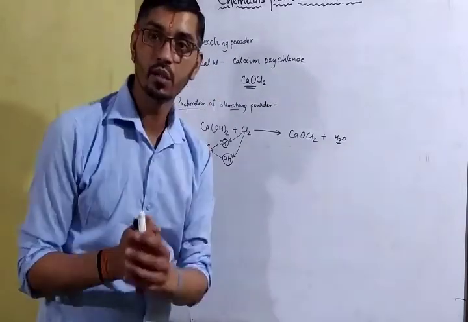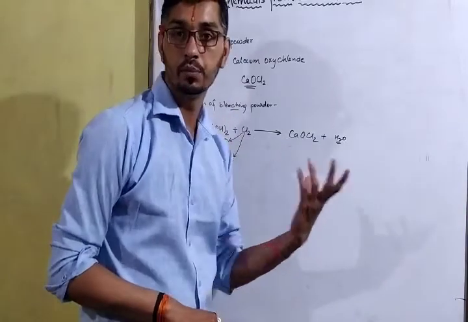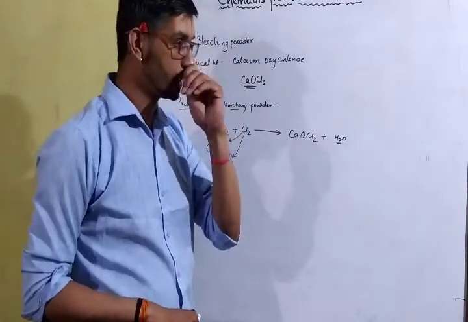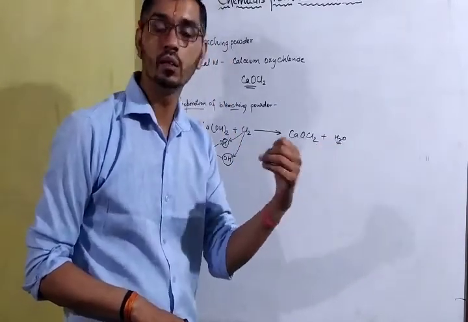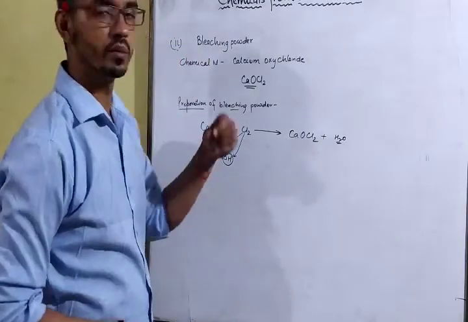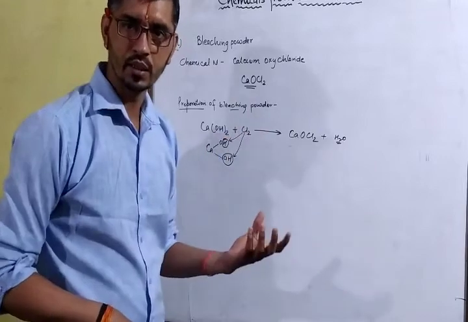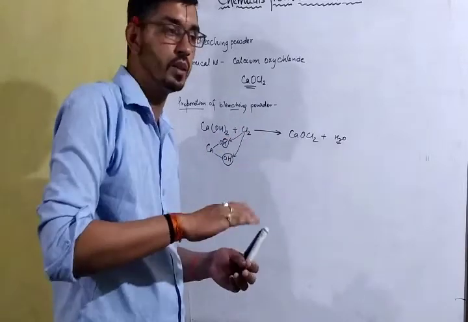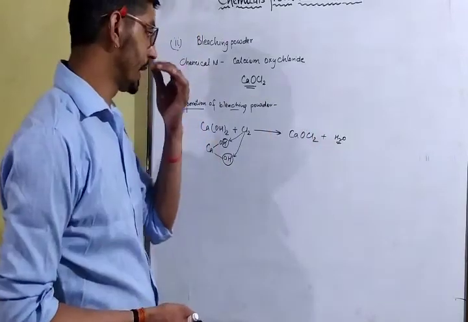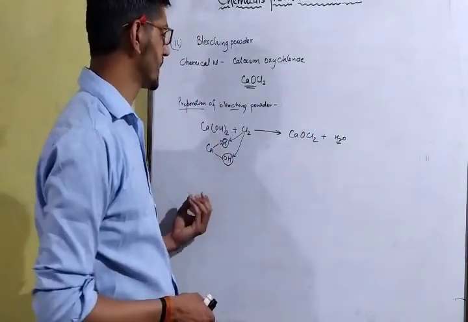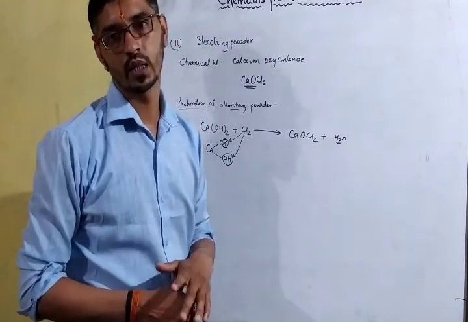So this is how bleaching powder is prepared. And the uses of bleaching powder, as I told earlier: it is used in purifying water, as a cleansing agent, and in various types of industries, cloth industries. That means after bleaching we can dye a particular color onto a cloth, in dyeing industries as well. So in various industries it is used. You have to write the uses from the textbook.